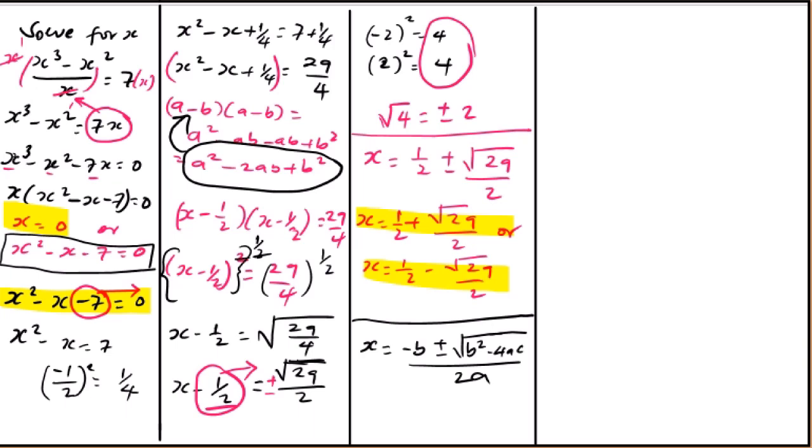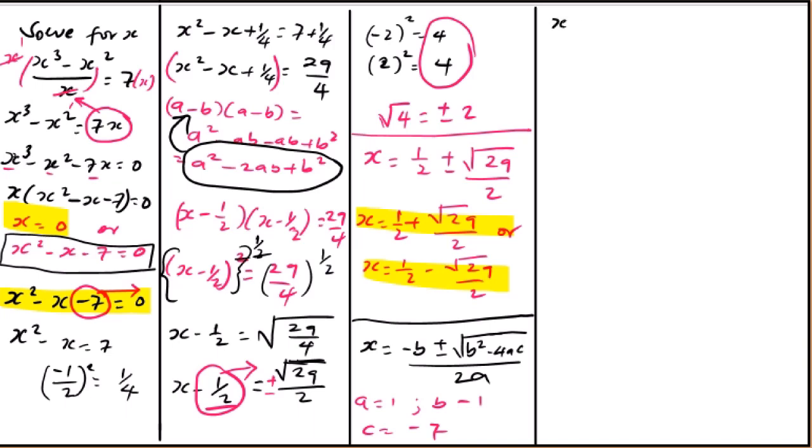Therefore, the coefficient of x squared here is 1. Therefore, our a is 1. Our b is the coefficient of x, which is negative 1, and our c is the constant, which is negative 7 here. Okay, we continue with solving the equation using the quadratic formula. Therefore, let's replace these constants or coefficients with these ones here. Wherever there is b, we put negative 1. Wherever there is a, we put 1. Wherever there is c, we put negative 7. So our equation